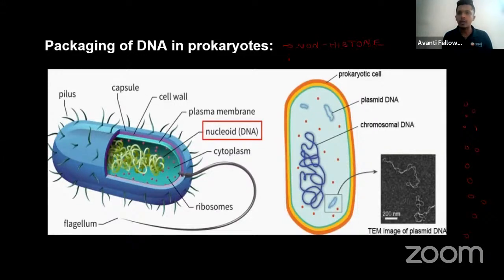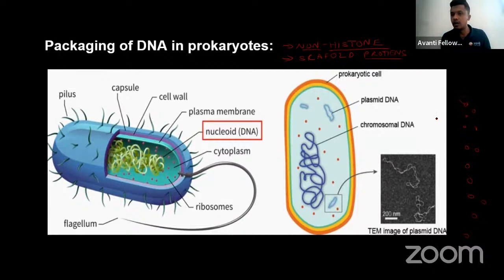Non-histone proteins, also called scaffold proteins. So the name is quite essential, that is non-histone proteins. Here, prokaryotes are quite primitive organisms. They do not have a complex mechanism to pack their DNA because they're the beginning. So that is why these scaffold proteins, or the non-histone proteins, come here, and this DNA